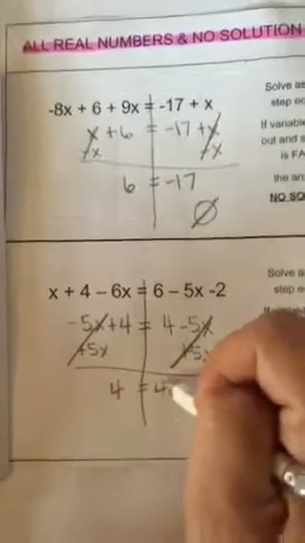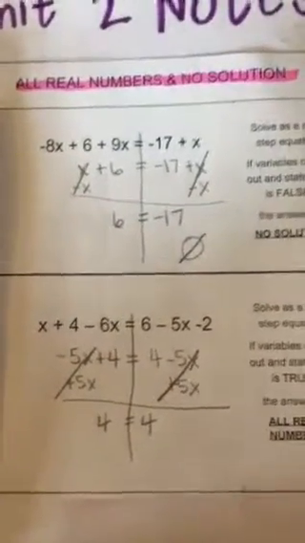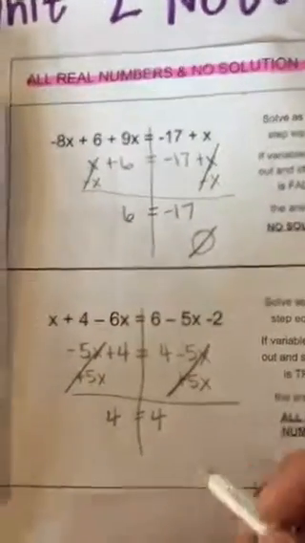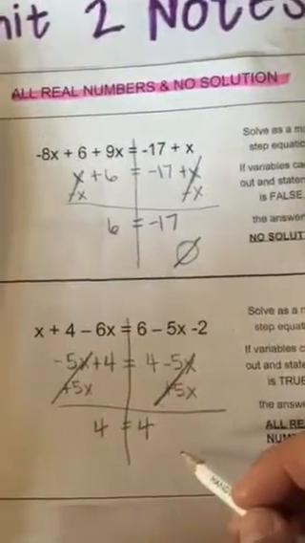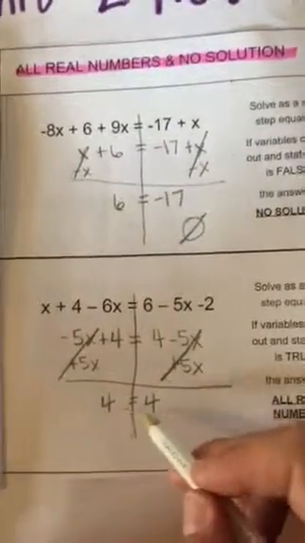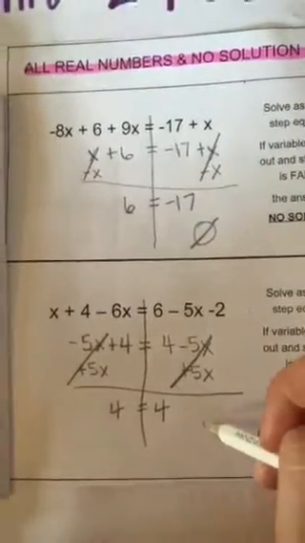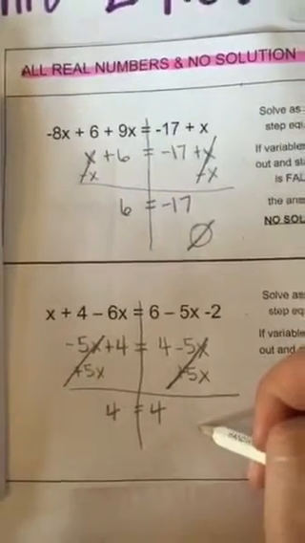So my variable totally canceled out again, which, like I said, does not happen very often. In this case, it did happen. The difference between these two is that this one was a false statement. However, 4 does equal 4. That's a true statement. So when that happens, it means that the solution is all real numbers,